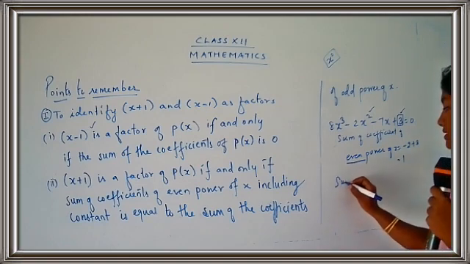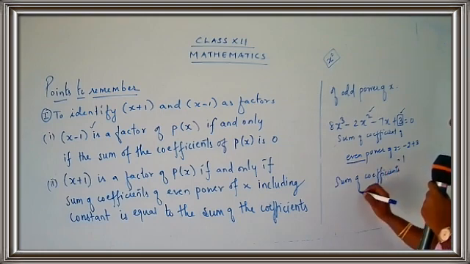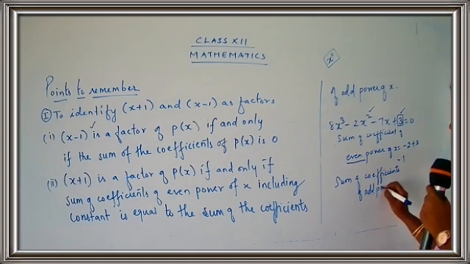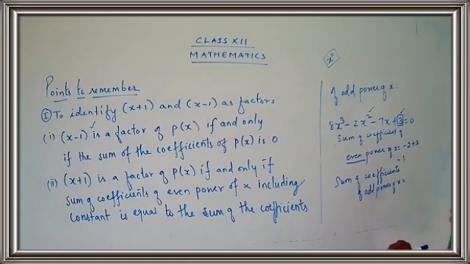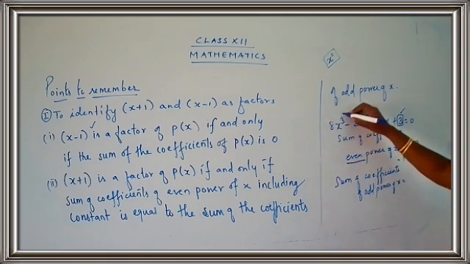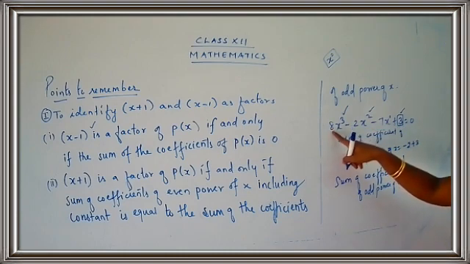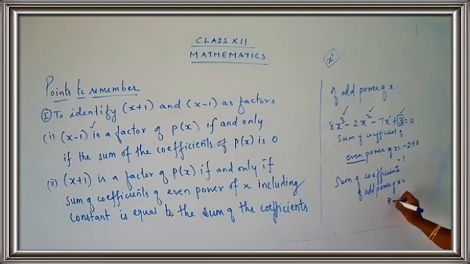Now let us check for the sum of coefficients of odd power. Sum of coefficients of odd power of x is equal to... So you are going to go for the odd power. Odd power means 1. What are the odd numbers? 1, 3, 5, 7, 9, 11, 13, 15, 17 and it goes on. So 3 and this is 1. The power for x is 1. So 1 is an odd number and 3 is an odd number. So take the odd powers. I am going to take the coefficient of this, that is 8 minus 7. So 8 minus 7 gives you 1.